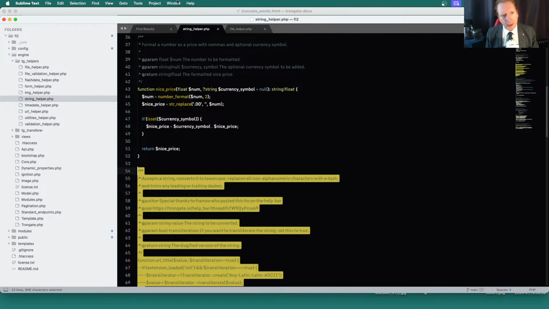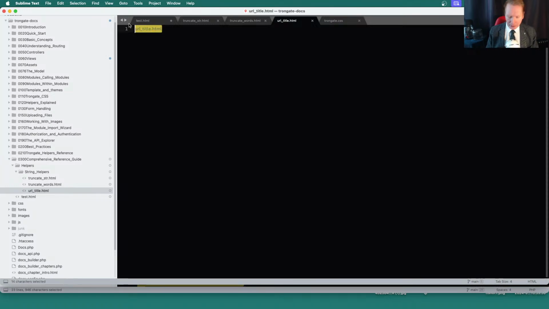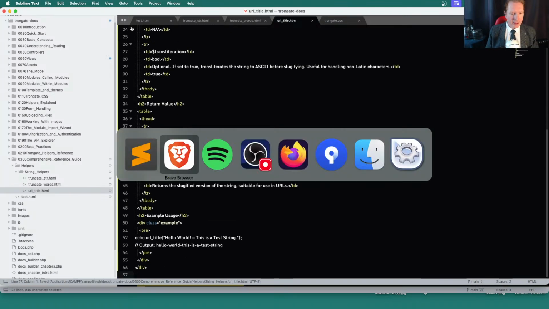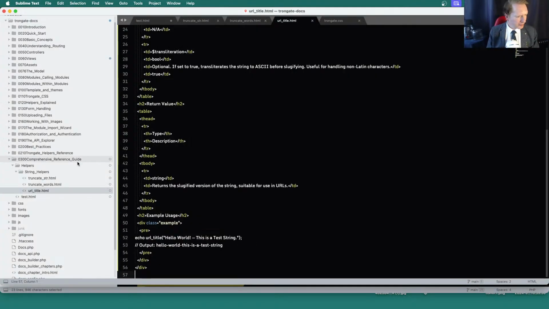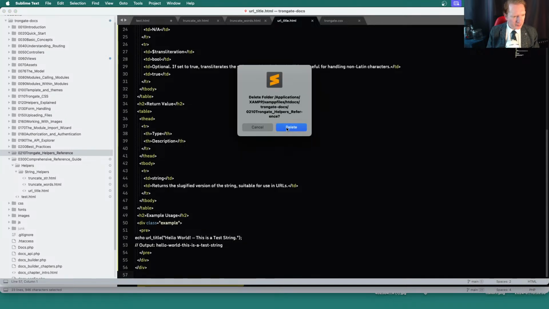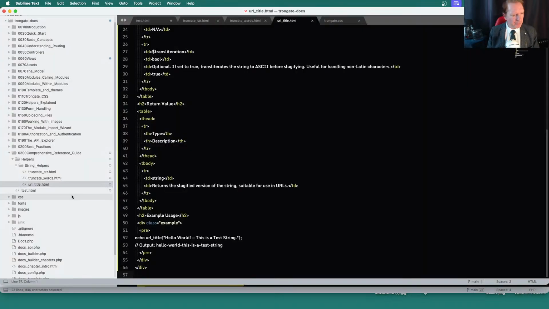Alright, so that concludes our final example of a little function that we're going to document here. We'll call this one URL title. Save, refresh, and don't it make you feel good? Now, comprehensive reference guide. Let's take this out. Save. Okay, now